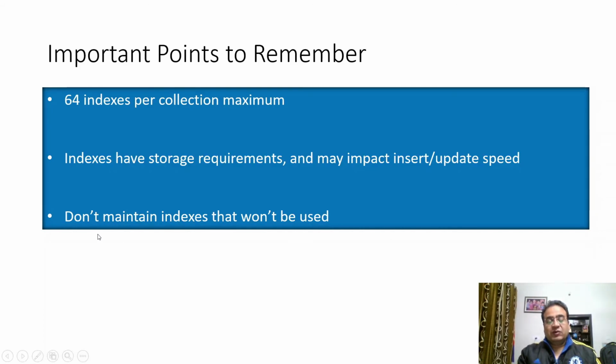Also, don't maintain indexes that won't be used at all. Please keep profiling your collections from time to time, or keep analyzing usage data so that you are aware which indexes are being used or not being used, so that you are always getting the best performance as far as indexes are concerned.